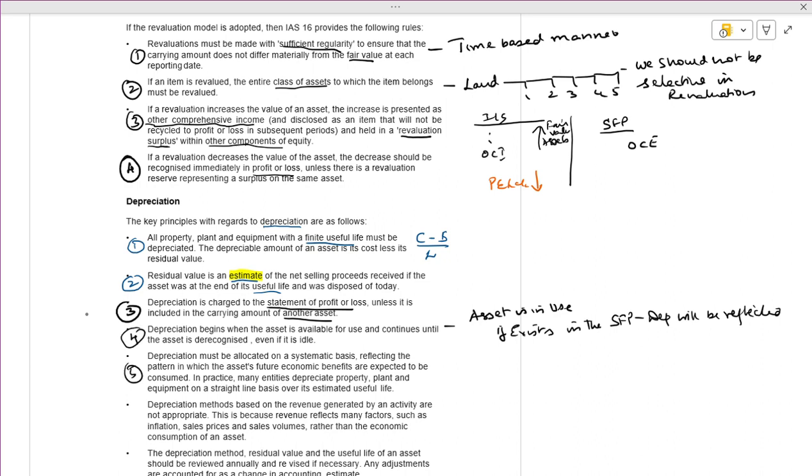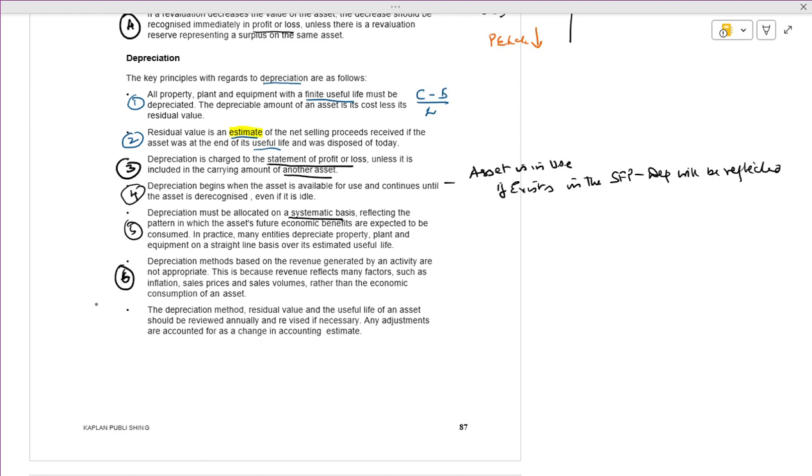Point number 5. Depreciation must be allocated on a systematic basis. How? There are methods. We are talking in terms of method: the straight line basis, the written down value method, the diminishing balance method, the units of production method, the double declining method, and the sum of years digit method. Depreciation is done on a systematic basis, and depreciation methods based on the revenue generated by